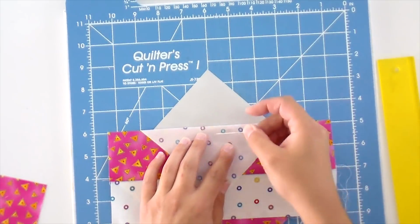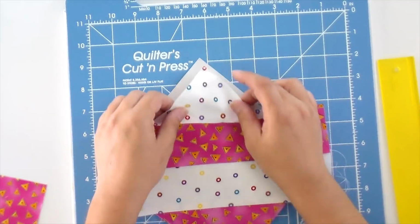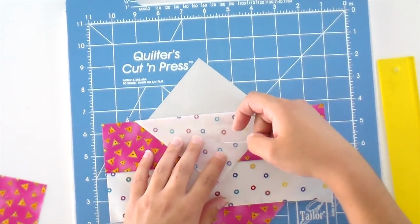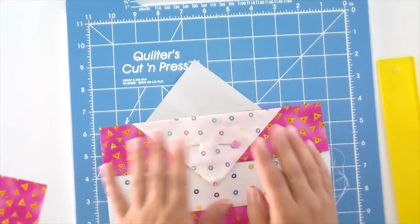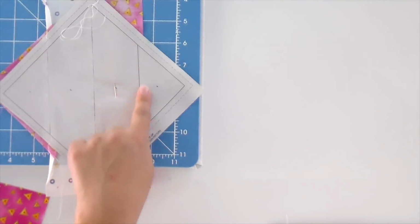Another good way to check that, to make sure that you're in line, is you can put it about where a 1/4 inch seam is, fold it over, and as long as it's covering, you're going to be good to go. I'm going to go ahead and move mine in a little bit so that this triangle will stay in place while I'm sewing. All right, so we're going to flip it over again,